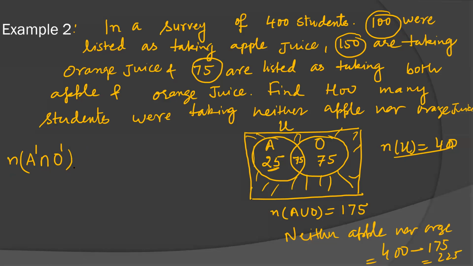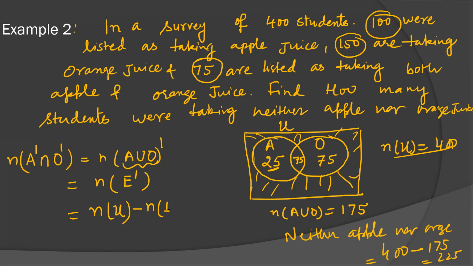If you use the De Morgan theorem, it will be equal to (A union orange) complement. Now I am calling it E, the E set. So E complement, I told you the formula. This is equal to the number of elements in the universal set minus the number of elements in E. So it will be equal to the number of elements in the universal set minus the number of elements in A union orange. So it is